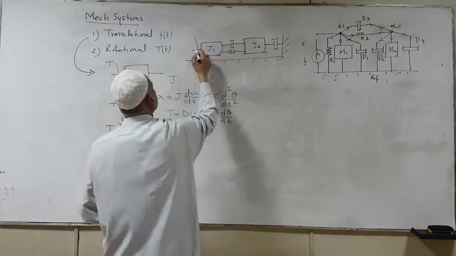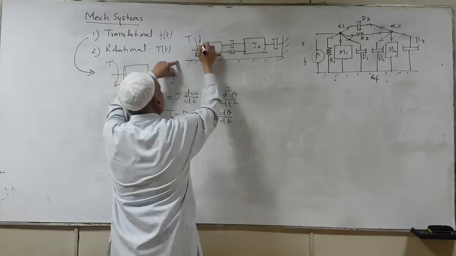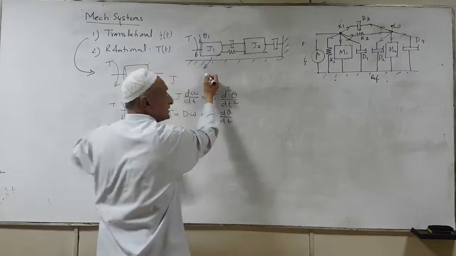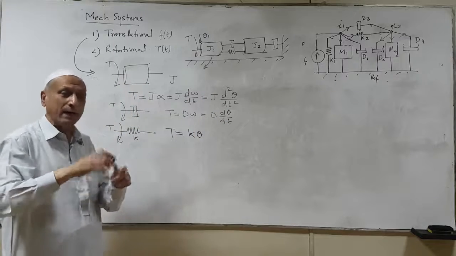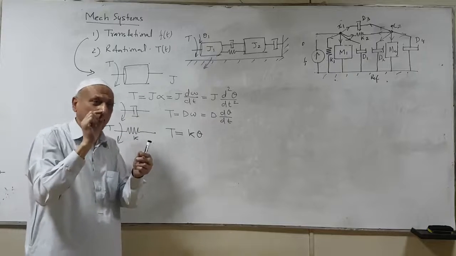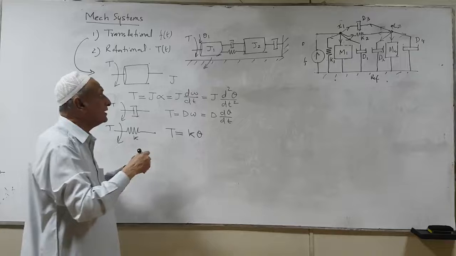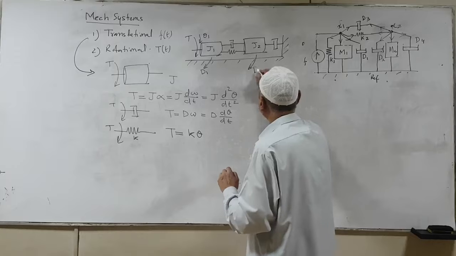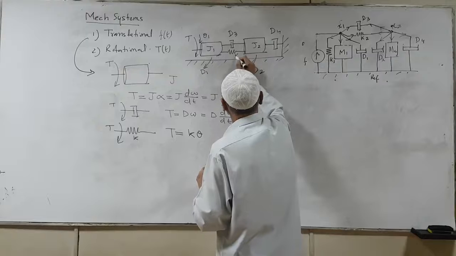A torque is applied over here, producing a displacement theta 1, and we talk about a friction. Now in this case it's a rolling friction. Just like, for example, in a bearing system. A bearing is something rolling with respect to certain pellets which are embedded there. So it produces a friction anyhow, and that is denoted by d1 over here. There is a rolling friction over here denoted by d2. This is d3, this is d4, and this is simply k.